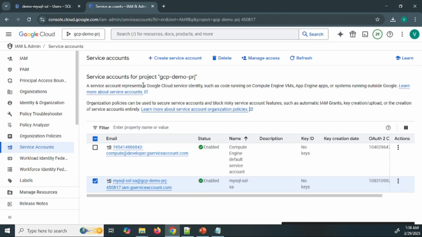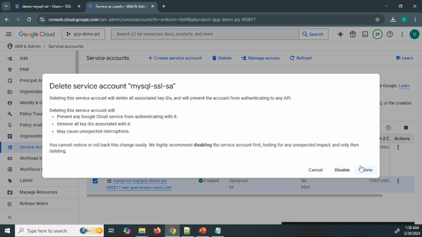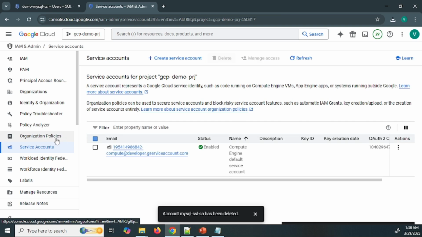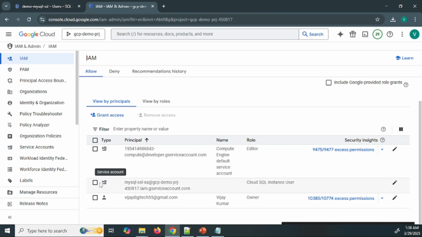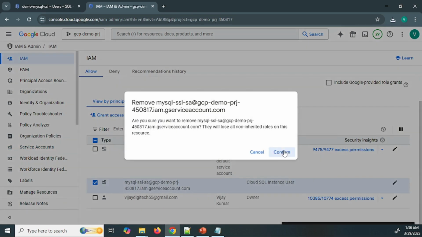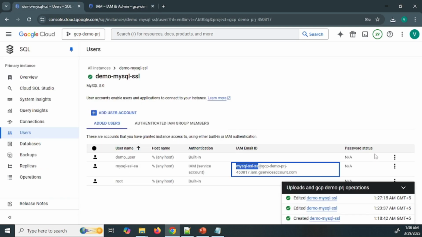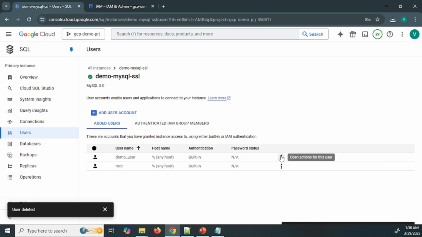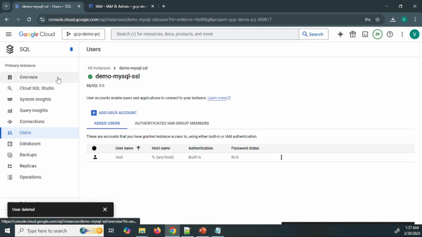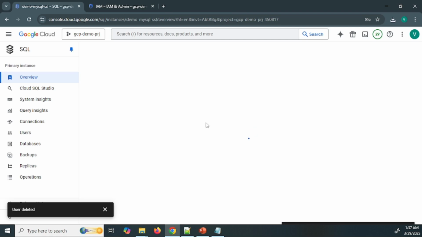Yeah, let's go back and delete our service account. And also IAM. Remove the access. Go back to database, and we can delete the IAM user as well, and we can remove the DB user. And finally, we can